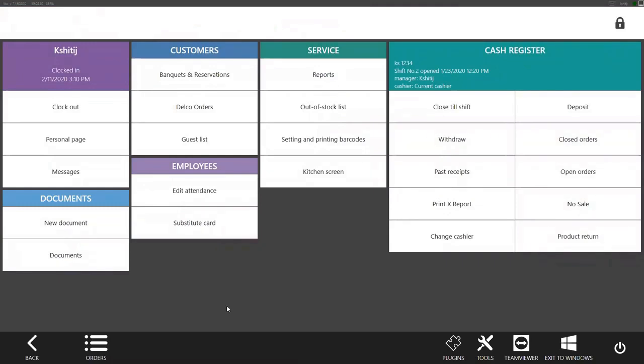Plus, there are a lot of other features as well. For example, reports. This page totally depends on the access you give to your people. So for example, a cashier will just have very limited access to punch in the order, whereas a supervisor or a manager can have access to reports, and if he wants to see all other reports like Z report or these X reports, he will have